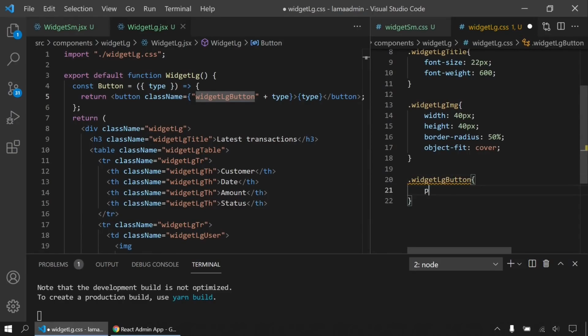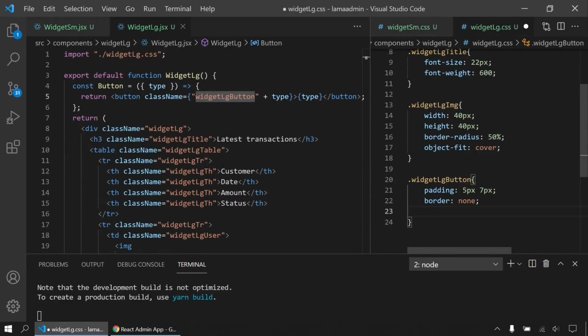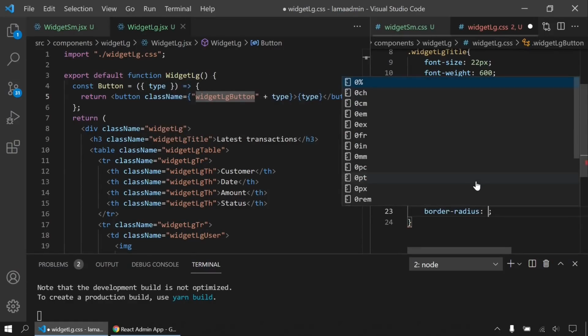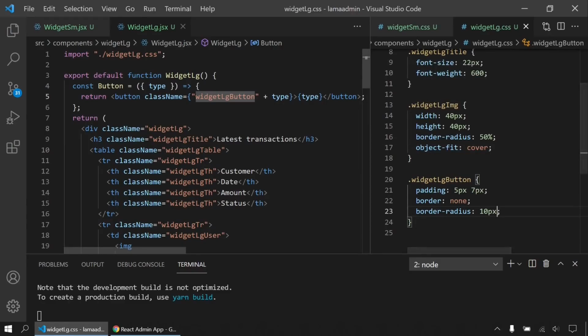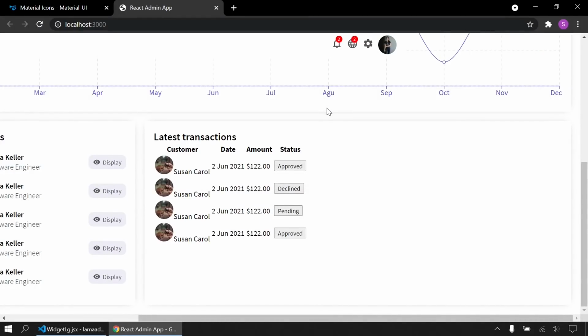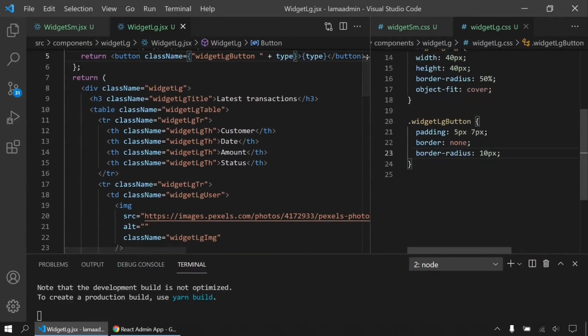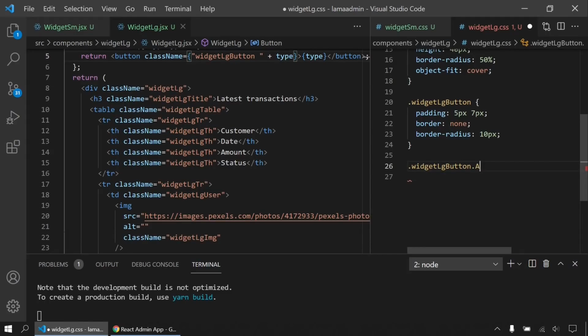I will say padding 5 pixels and 7 pixels, and let's delete this border, and I will give border radius 10 pixels. Okay, there is something wrong, that because we didn't give here space, they are joining each other, so I will save like that. Okay, perfect. So what I will do, I will take this button again, and I'm gonna say if it's approved,